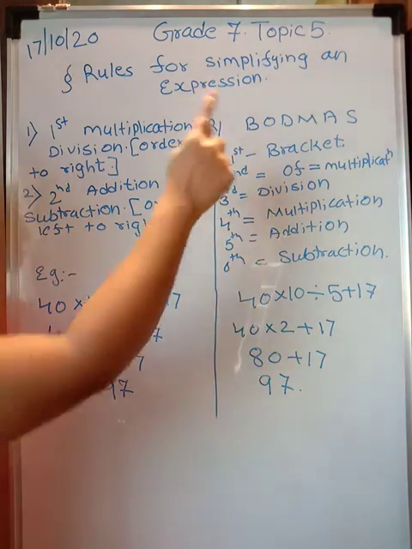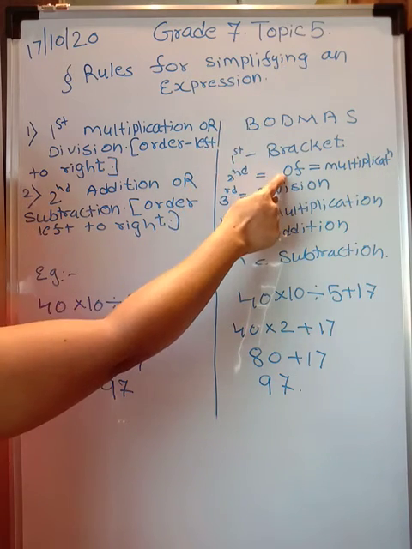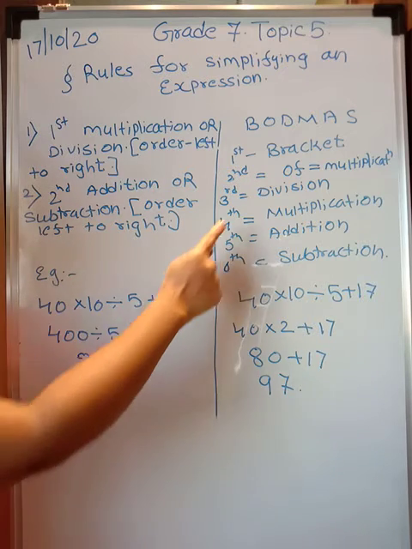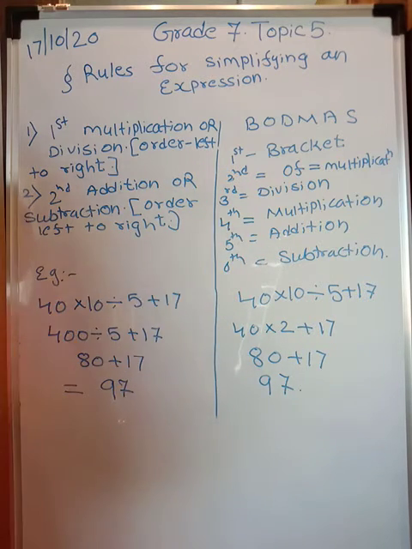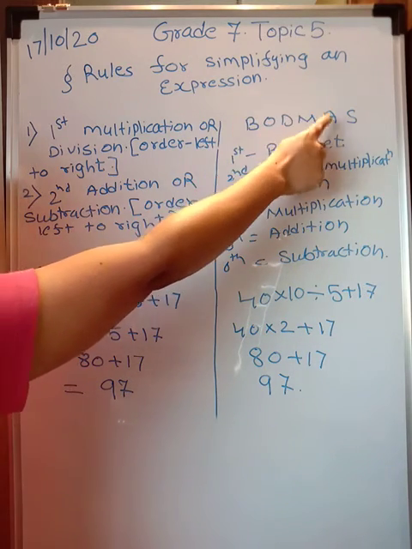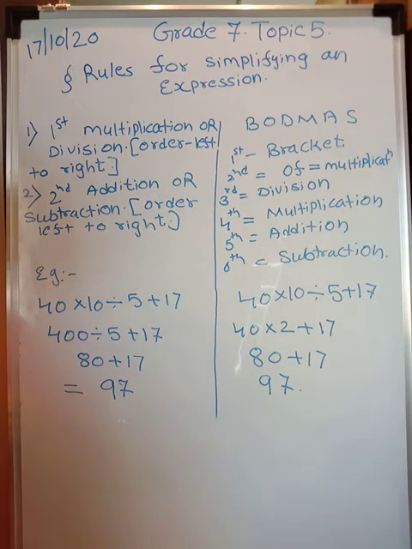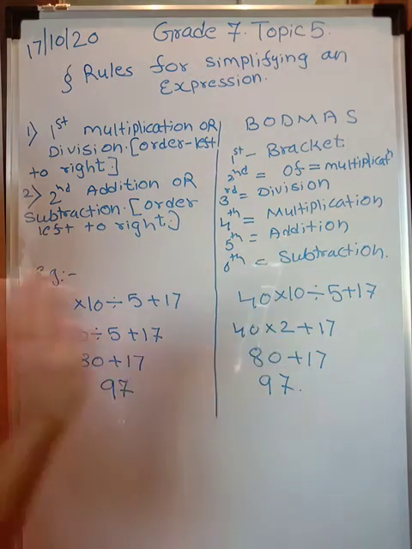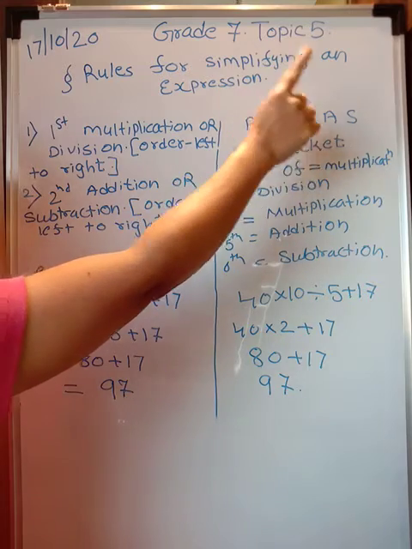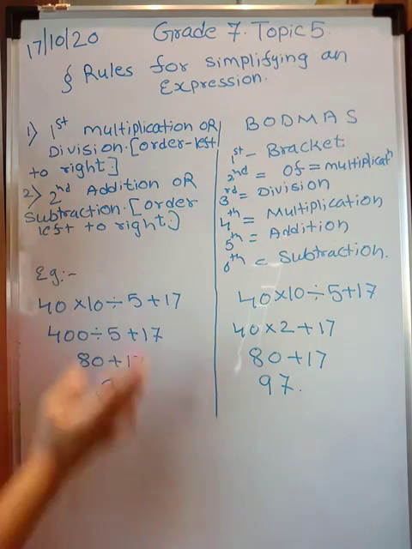So BODMAS tells first solve the bracket. Then solve the "of" word. Now while solving the bracket, if there is a big bracket and inside there is a mathematical expression, you have to follow these rules. What BODMAS says? First always do division, then do multiplication, then do addition, and then do subtraction. So moving from left to right doesn't apply over here. First solve the bracket, second take out the "of" word by putting a multiplication sign. Then if operations are remaining, first always solve division, then multiplication, then addition, then subtraction. This is what BODMAS says.